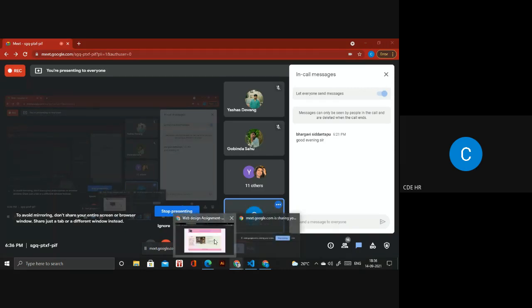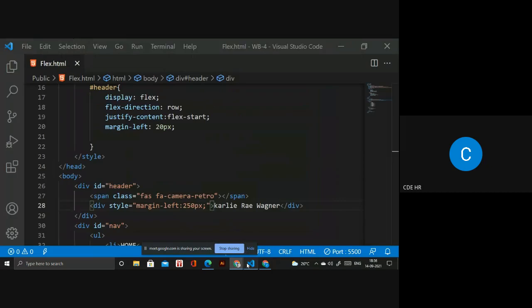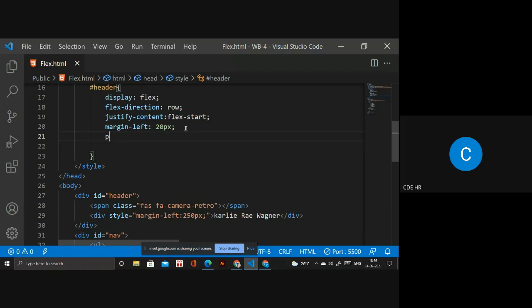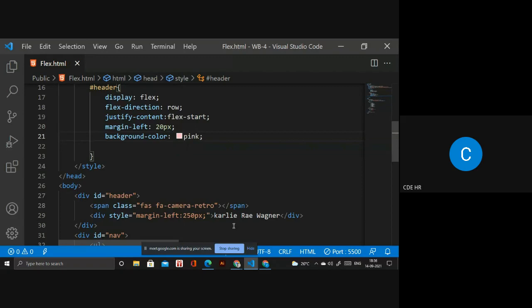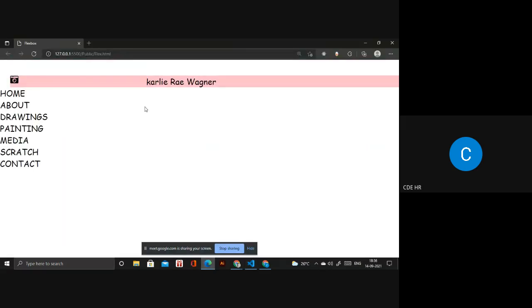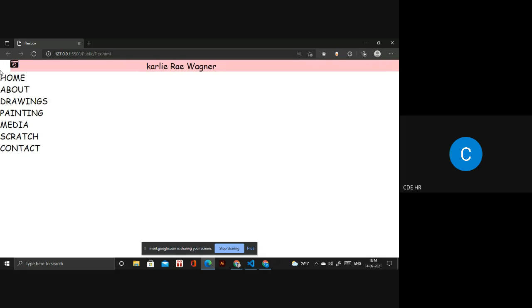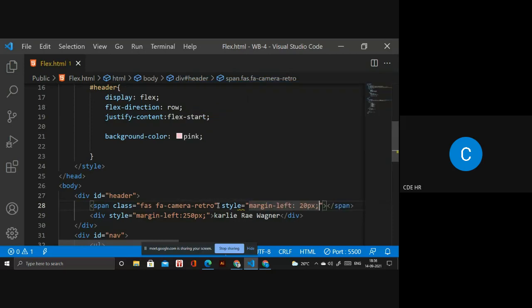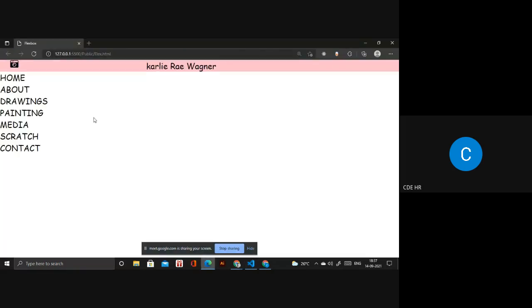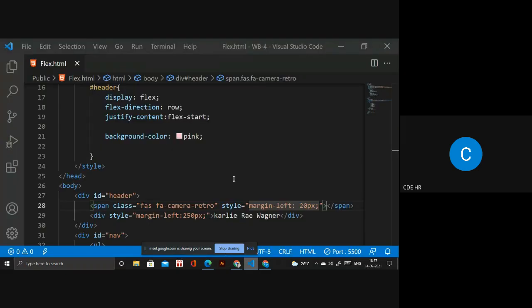Okay. So next thing we have to design that one in that pink color. I think it's pink, right? So we have to go there in that particular ID. Sorry, we have to write background color, and we write pink. It will be in that pink. But have you observed that one? So you have to remove these things, margin left, and you have to copy and paste it inside that. It's better. So that style and inside margin-left. It's working fine.